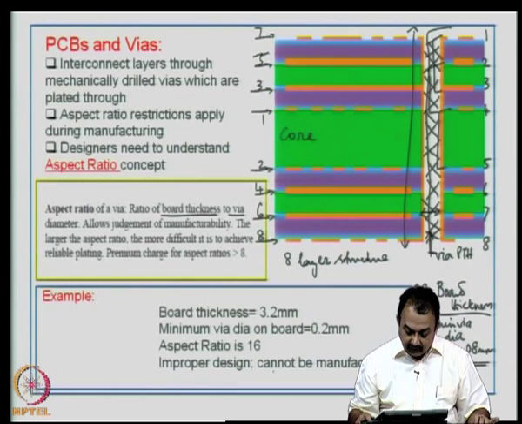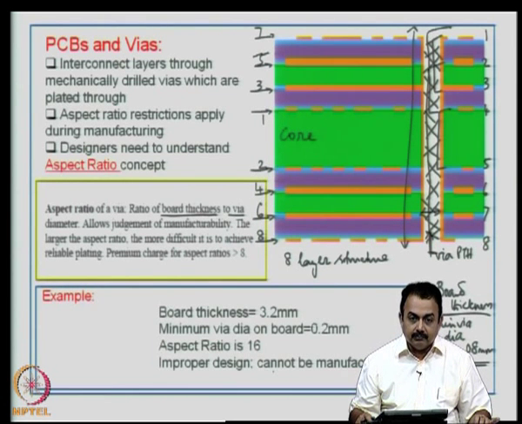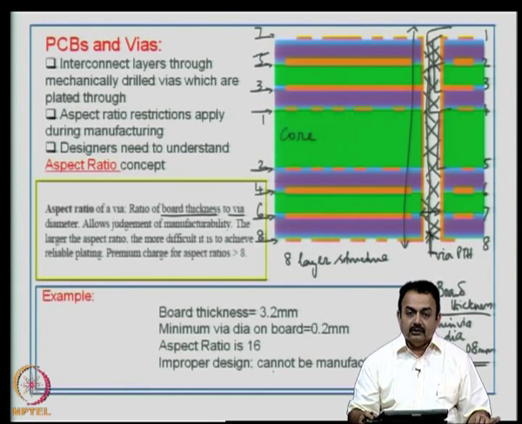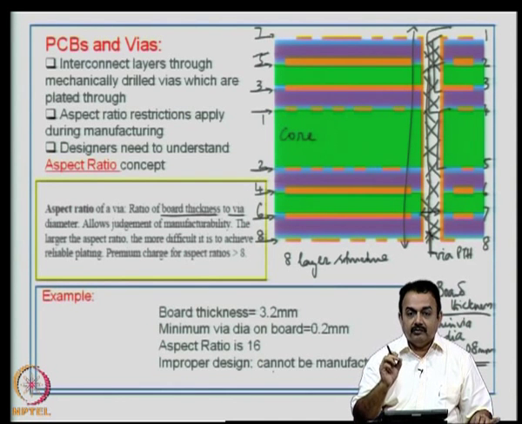Another situation: board thickness 3.2 mm, minimum via diameter on the board is 0.2 mm, and the aspect ratio is very high, 16. It is an improper design first of all, and it cannot be manufactured with any kind of reliability built around the via structures, because it is a fairly thick board, and drilling a mechanically drilled hole of 0.2 mm through the 3.2 mm structure itself is a big challenge, because if you talk about a 0.2 mm drill bit, they